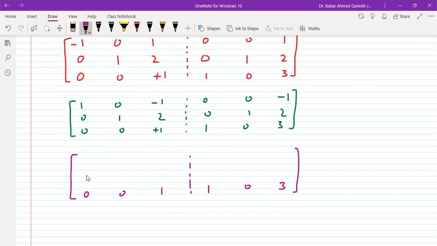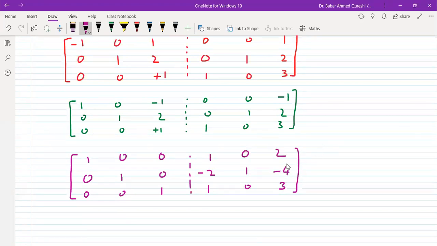And when I do minus 2 times this, I get a 0. Minus 2 added above gives me a minus 2, 1. Minus 6 plus 2 gives me a minus 4 here. Now I'm just adding these rows. 1, 0, 0. So I've got the identity. That means in this step, I should have the inverse on the other side. 1, 0,